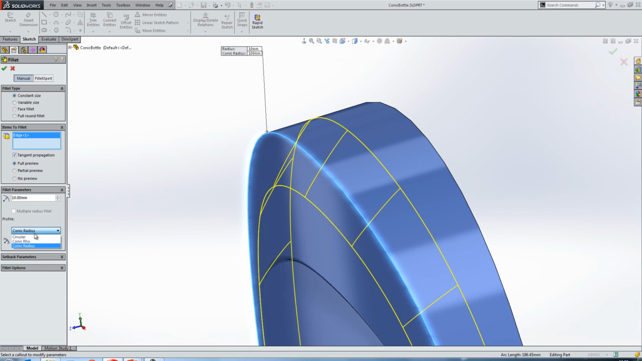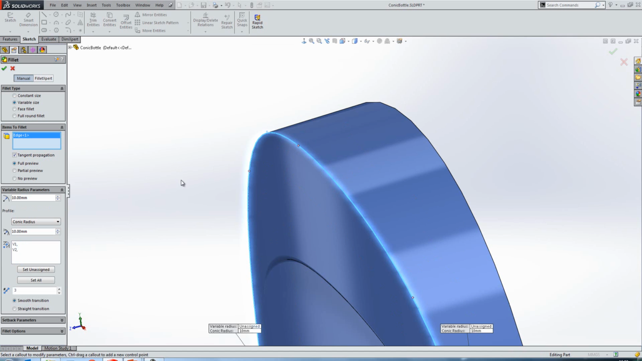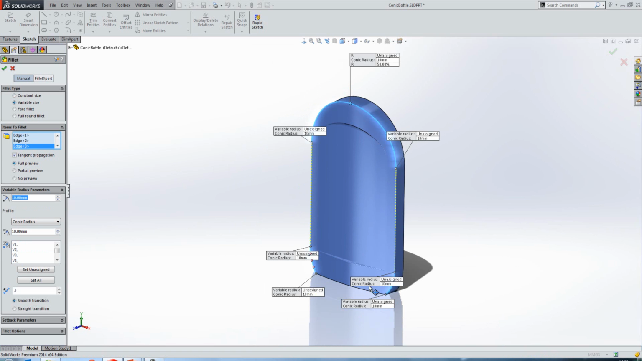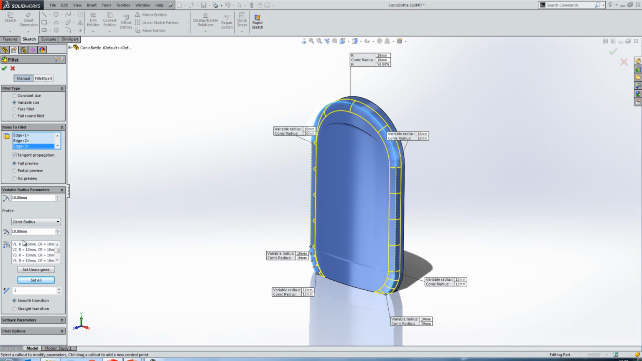Now, where this tool is really powerful is our ability to use it with the variable fillet. So we're just going to set up the variable fillet here. We're going to add in some control points, like so. Now, as a start, I'm going to set all of these control points to a 10mm radius with the 10mm